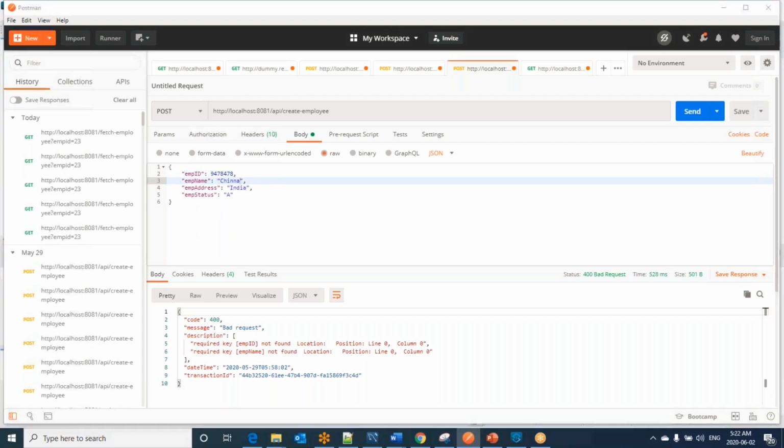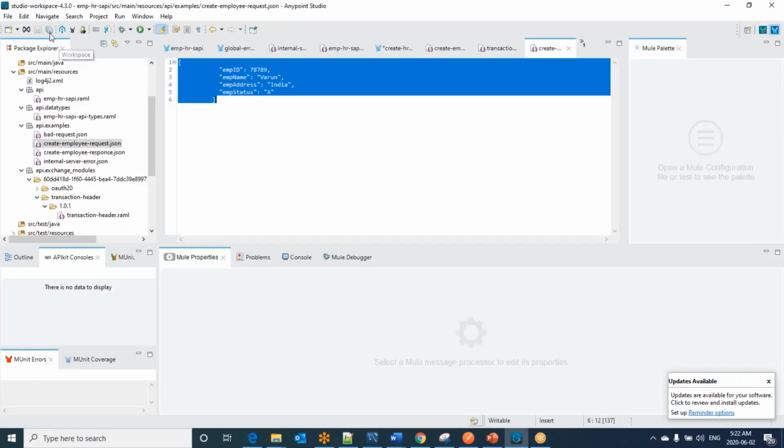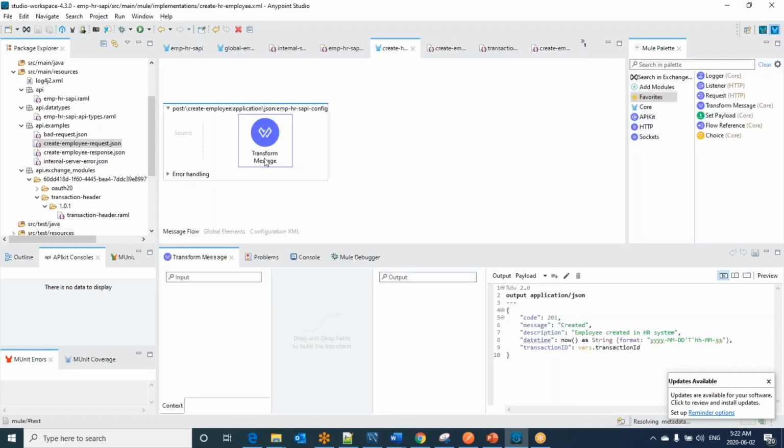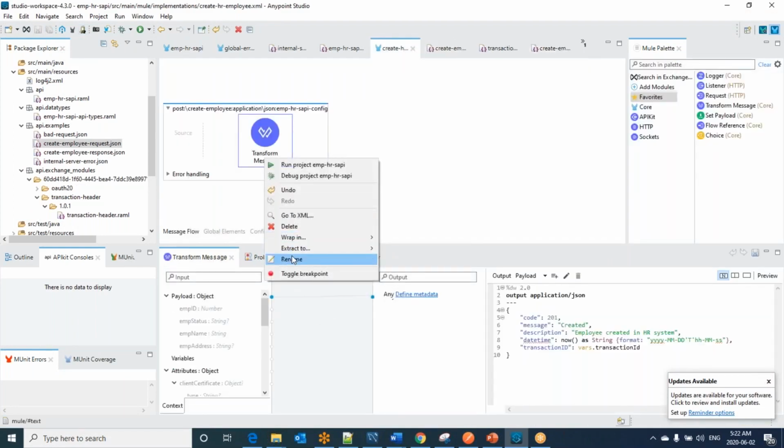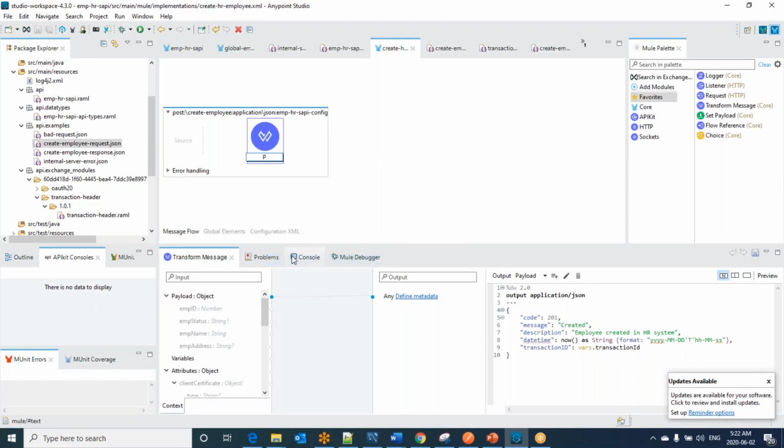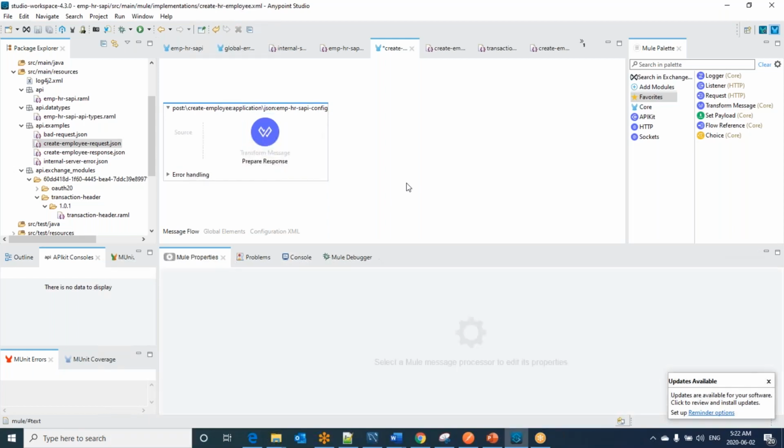Now, if I send this request, it will come here and respond back with the success response, which we set in the transform message. I have not done any database insertion, but let me show you the happy path scenario. Then we will go ahead with the implementation.